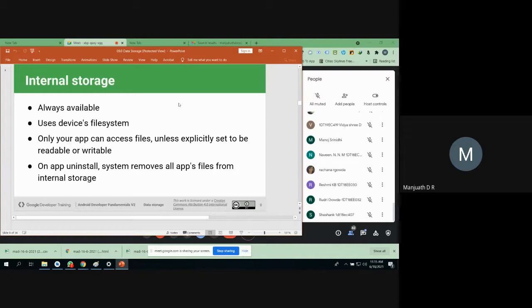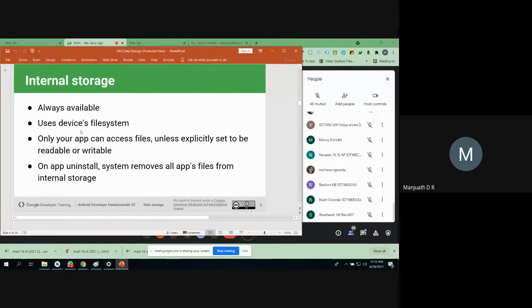So first, we will learn about what exactly internal storage is. Of course, when you switch on your mobile phone, the operating system starts booting by gathering the files that are stored in your internal storage itself. Once it gets the data, of course, this internal storage is always available in your mobile phone.